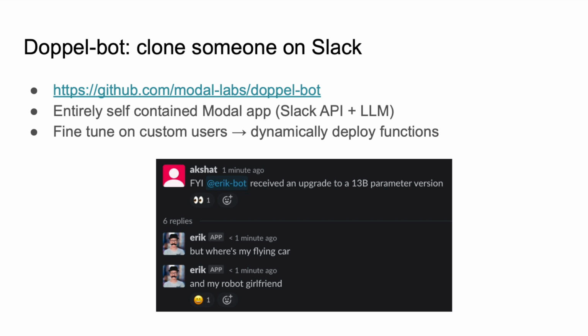An open source thing we built a few months ago that also encapsulates the capabilities of Modal is called Doppelbot. It does a fine-tune based on your Slack history. You can install the Slack bot, and then there's a command to train a clone of yourself, and then you can talk to that. I think it shows nicely what Modal can do, because it's not just the fine-tuning or the inference, it's also the entire Slack integration, the Slack API, the Slack webhooks, all that management. This is open source, so you can just install it with your Slack.